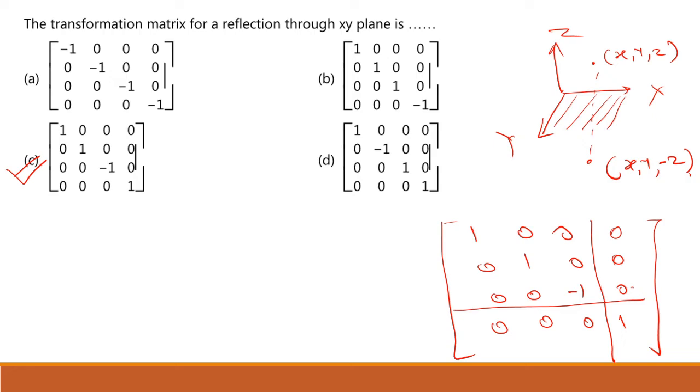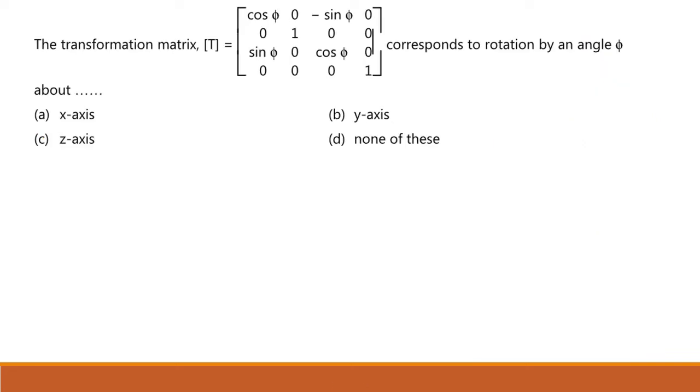So I hope this is clear to you. Again, let us see the next one. The transformation matrix is given and we have to identify this matrix gives the rotation by which angle, so by how many degrees is it rotating. Now you can see, since there is 1 in the second row, this is obviously the rotation about y axis, and you know this matrix represents the rotation about y axis in clockwise or anti-clockwise direction. This is a positive direction, so that is an anti-clockwise direction. So this is a rotation about y axis, so option B will be the correct option.